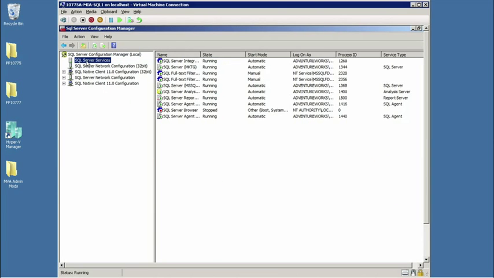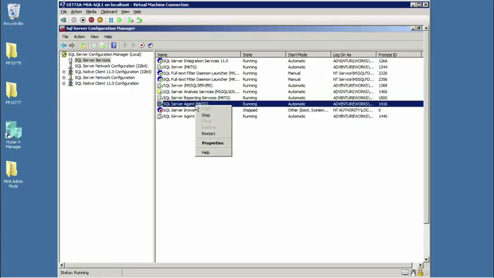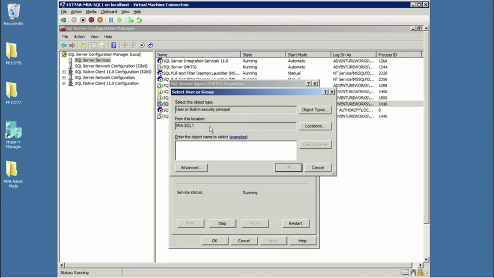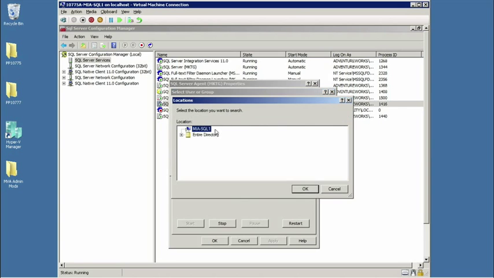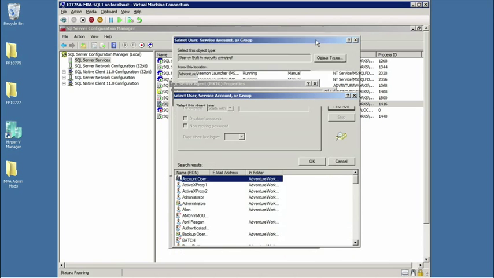So general rule of thumb in Windows: select to effect. General rule number 2: when in doubt in Windows, right-click. So let's say it was the SQL Server Agent service of the marketing instance whose account I would want to change. I'd go to Properties, click on Browse. Make sure you browse for the account from the appropriate location. You might need to point to an Active Directory domain, and from there, pick the appropriate account.